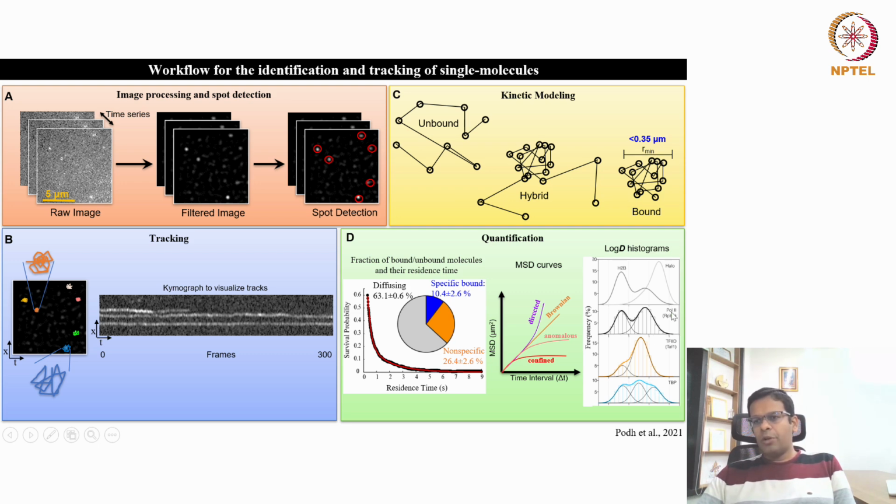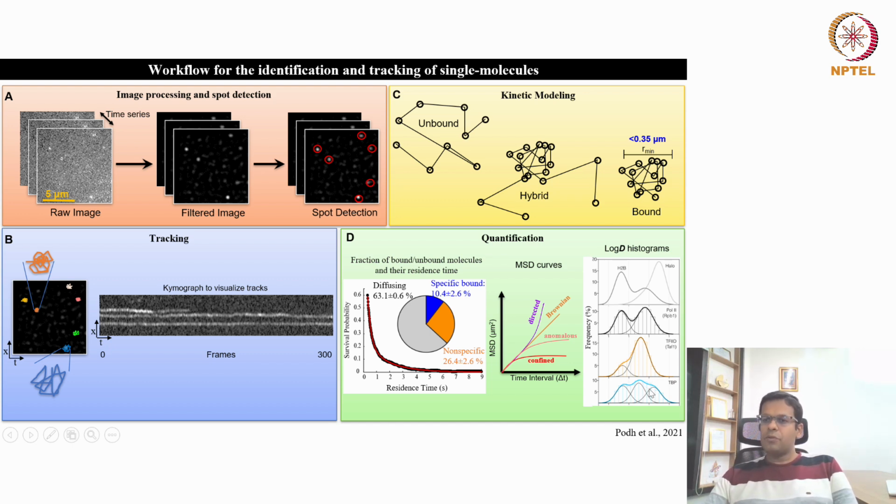But let's say for this protein, polymerase 2 and TF2D, there are only two populations. The first population is the bound molecule and the other population is the unbound molecule. For TF2D, most of the fraction is unbound and only a small fraction is bound, whereas for polymerase 2, the bound and unbound fractions are of equal size. So from the diffusion coefficient analysis, you can get to know how many types of population of that protein exist. This data we have taken from the Nguyen et al.